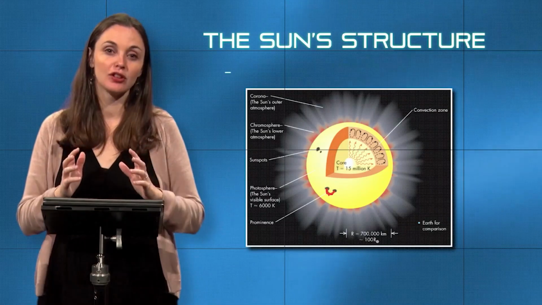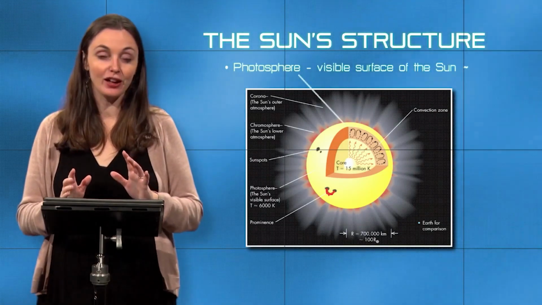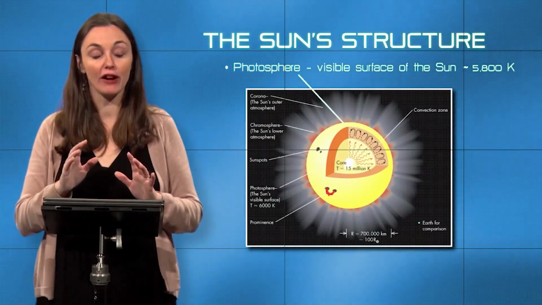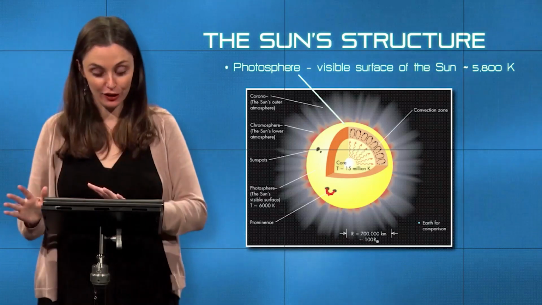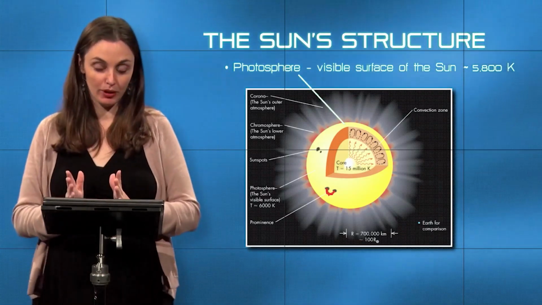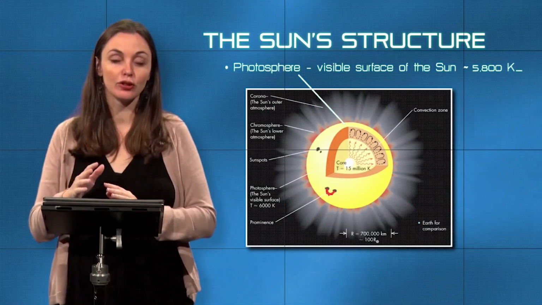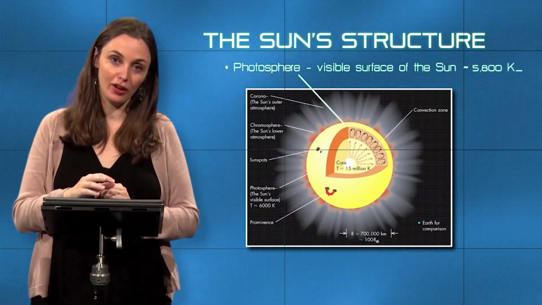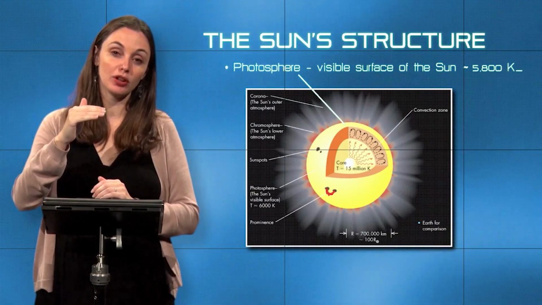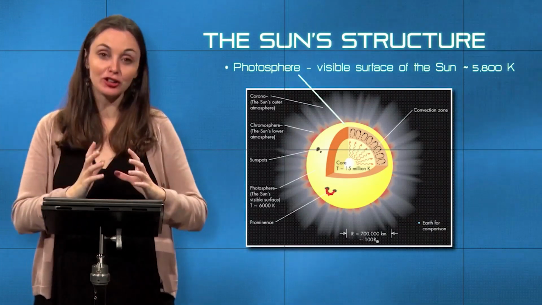The visible surface of the sun, we think, is at a temperature around about 5,830 Kelvin. Because it is of this temperature, because it's around 5,000 and not 10,000 or 3,000 or so on, that's why the sun is yellow. Because that temperature corresponds to a particular wavelength, this is Wien's law, it is colored yellow.